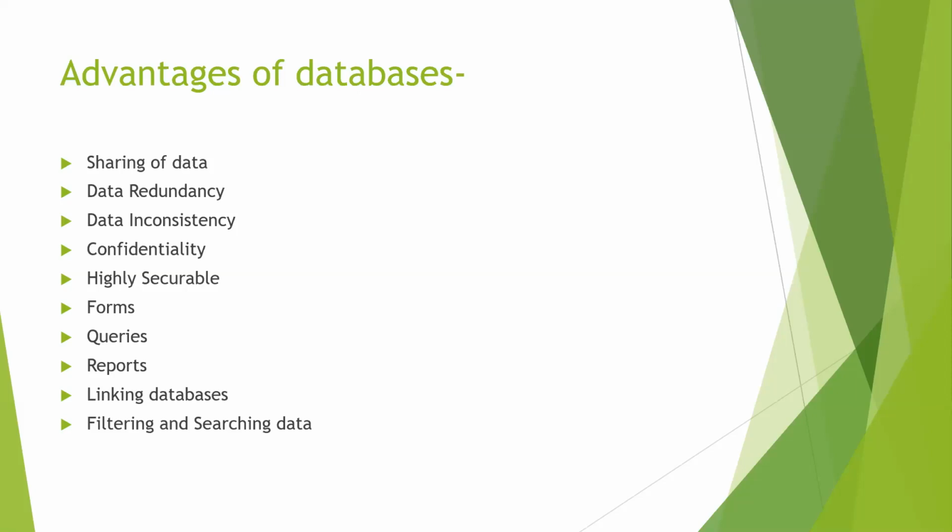Next is data redundancy. Data redundancy is related to duplicacy, right? So data redundancy means duplication of data. A database avoids duplication of data and ensures that there is only one instance of certain data. That means if your marks are written once in a table, there will be no duplicate data. Being the class teacher of 10th B, I want to see the marks of my class students in every subject. So there will not be duplicate copies, such that if Neha ma'am wants to see them as a class teacher, there would be multiple.